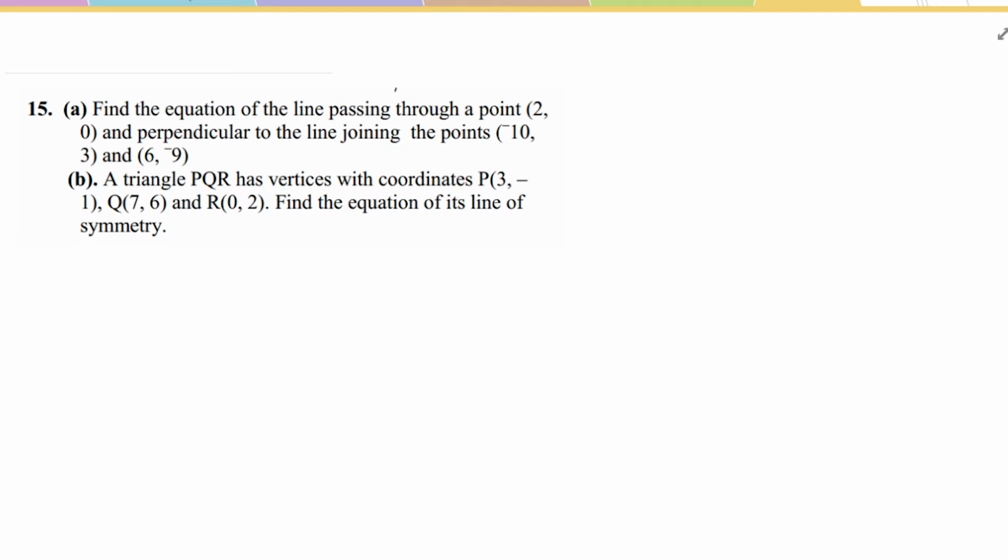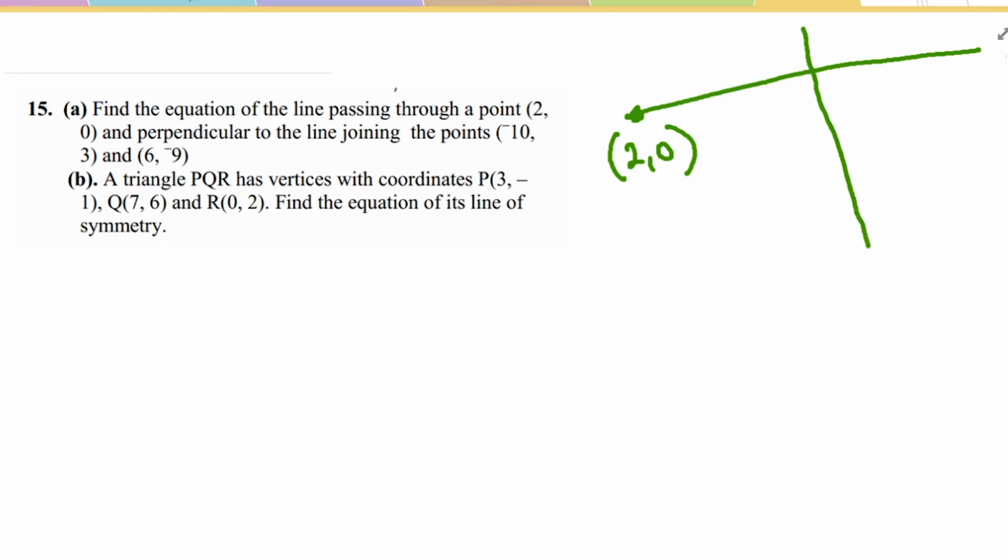Next, find the equation of the line passing through the point 2, 0. So we have a line here. We want its equation, but this line is passing through point 2, 0, and is perpendicular to a line. Perpendicular means that they are meeting at 90 degrees. Let me try and use a different color there. And it is perpendicular to a line